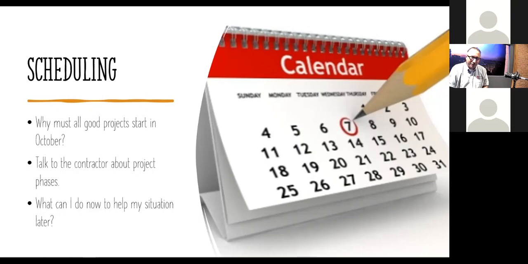So that really leaves a tight calendar, is what we found, because you've got to get your grading in, you've got to get your underground in, and then what we try to advocate, as you'll see here in a moment, is get that first lift of asphalt down or get those roadways in so we have something stabilized to work on. But they start in October many times, and that really tightens things up and makes it hard to